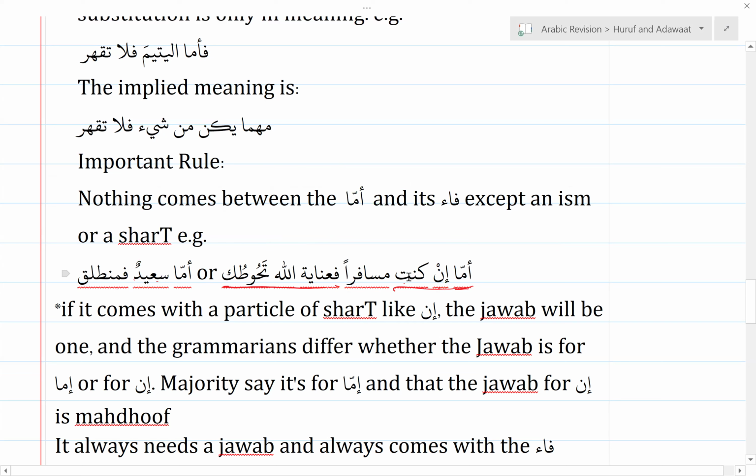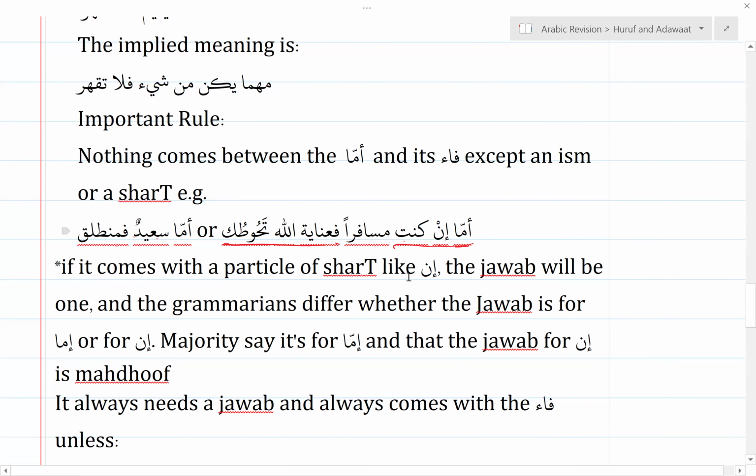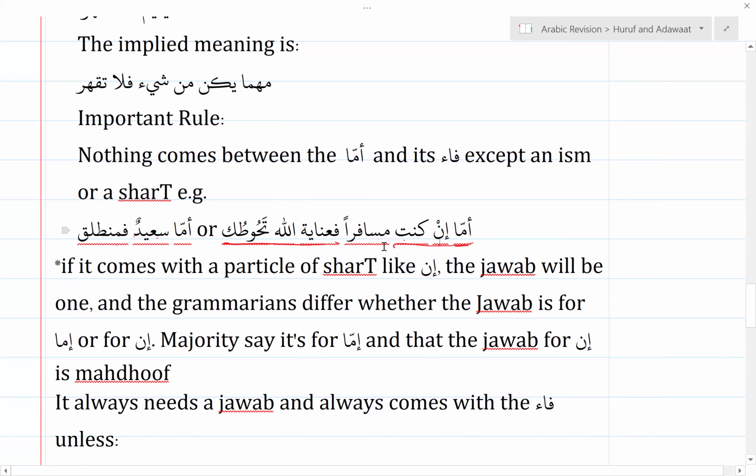Then in kuntum, when amma comes, jumla shartiya can also come between amma and its ta, or just an ism. Is it correct? Yes, that's it. And just like I was saying, if it comes with jumla shartiya in this case, the jawab, this part,